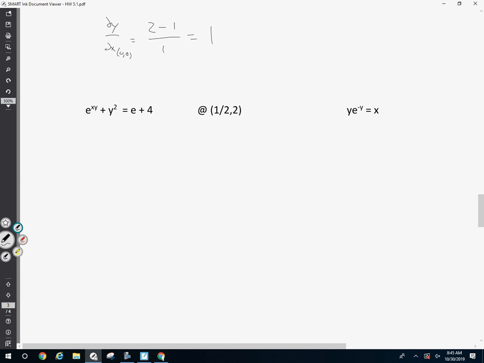Okay, we got a product rule in the power. Let's see what we got. e to the xy. Outside, inside. The outside e to the power, the inside xy. When you take the derivative of xy, you need to use the product rule. That is the important part. Derivative of the outside, that's easy when it's e to the power. So I'd get e to the xy times (y plus dy/dx x) plus 2y dy/dx